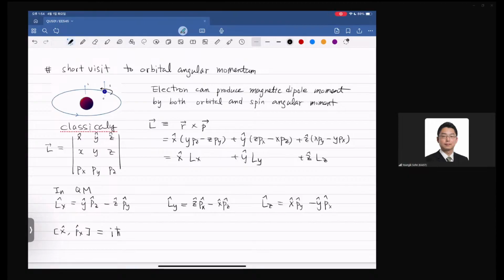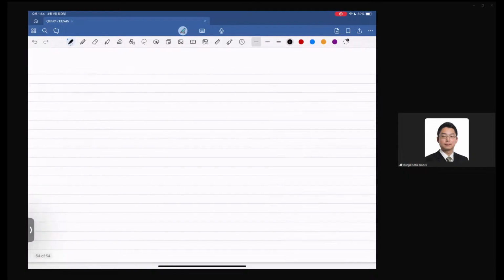But it doesn't matter if you have orthogonal directions; they can commute, and x and y also commute. Momenta in different directions all commute, right? Okay. So using this fact, we want to calculate the commutation relationship between Lx,